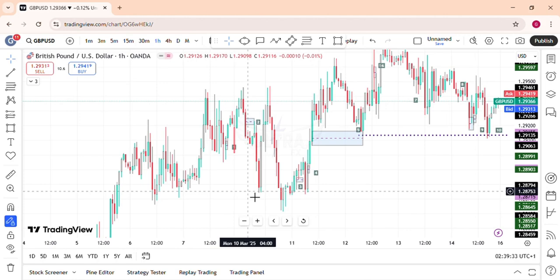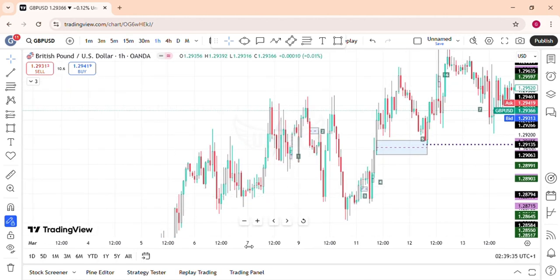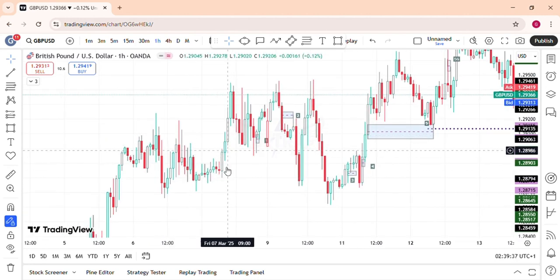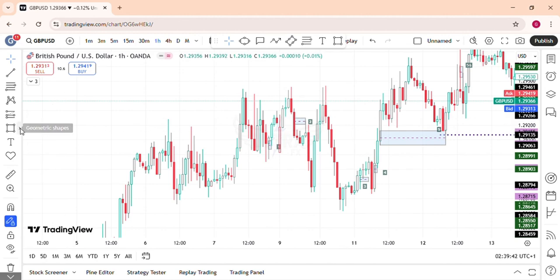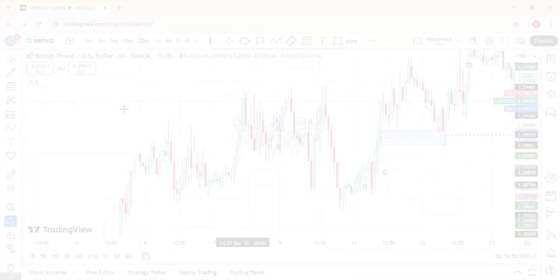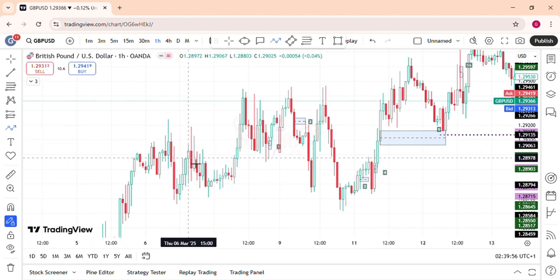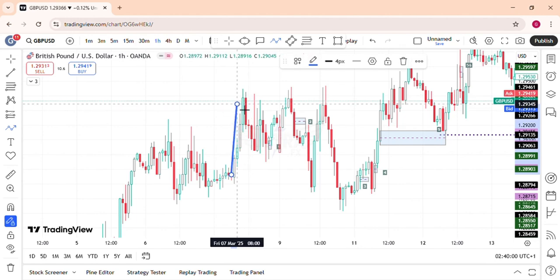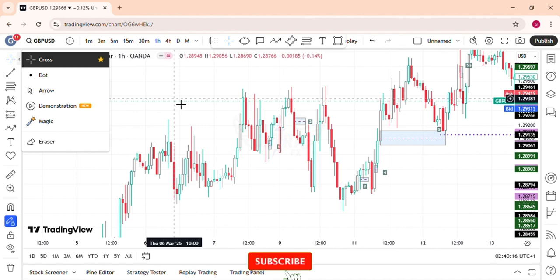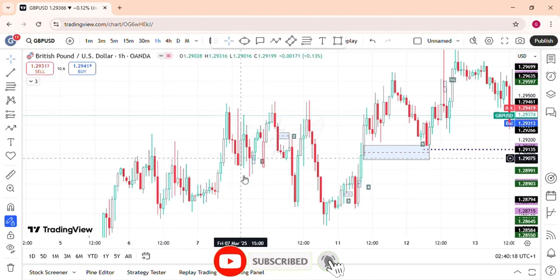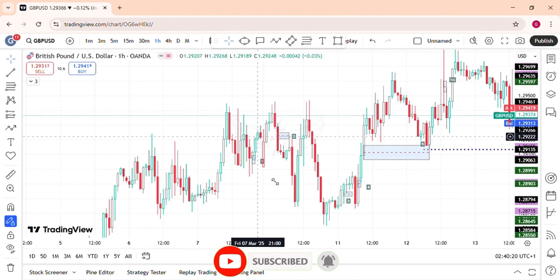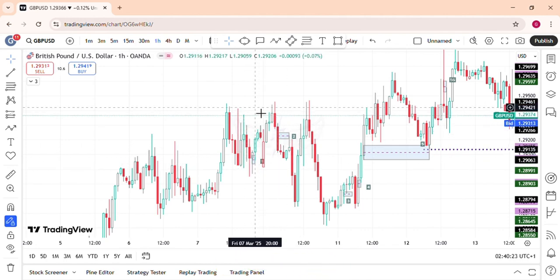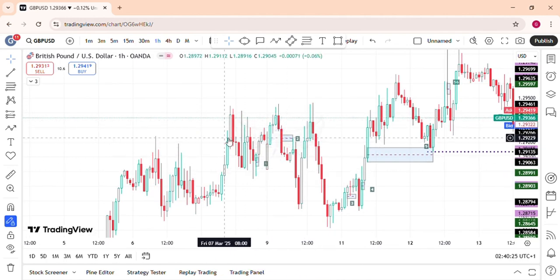So last week we talked about price coming to this demand area to give us a bullish trade, just like this. We expected price to come to this area here like this and give us a bullish trade to the upside. So price tapped into this area and actually gave us a bullish trade, but not as bullish as we wanted the price to go.